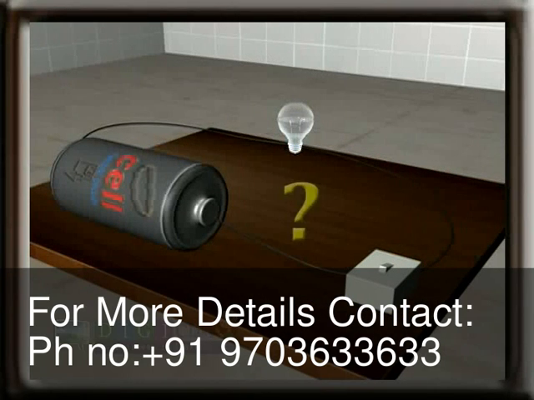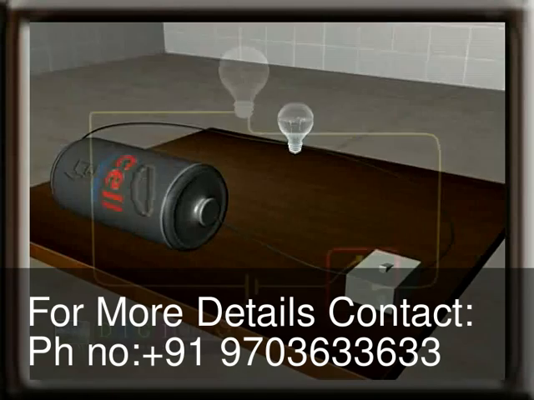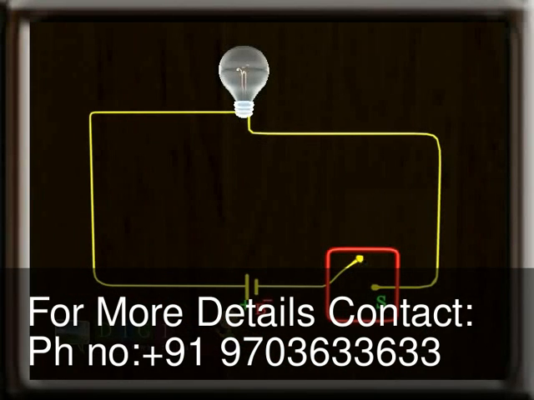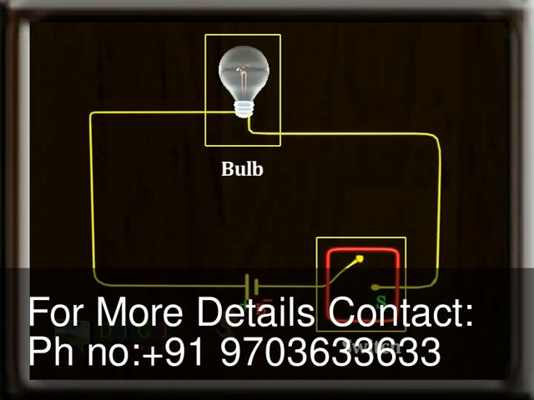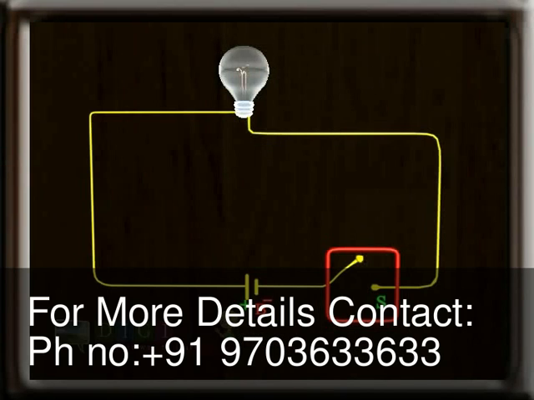Do you know how the electric current is controlled by closing and opening the switch? Let's do an experiment to understand the flow of electric current in the circuit by closing and opening the switch. Notice this arrangement. The switch and bulb are connected to the battery with a piece of wire. We know that this is an electric circuit.